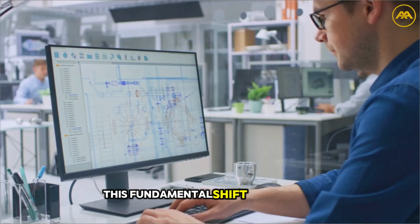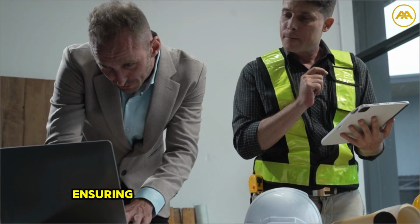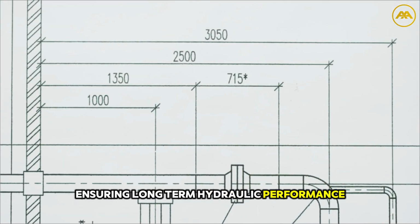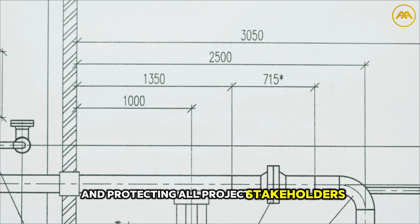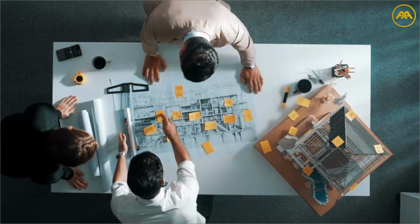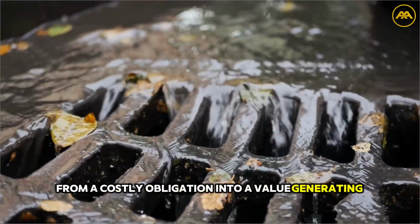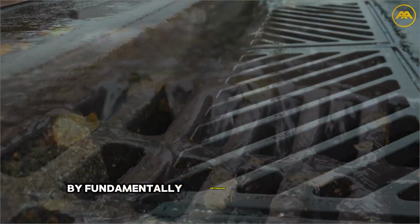This fundamental shift is essential to address these known points of failure from the outset, ensuring long-term hydraulic performance and protecting all project stakeholders from predictable and entirely preventable liabilities of this nature. A design team can transform a stormwater system from a costly obligation into a value-generating asset by fundamentally rethinking the